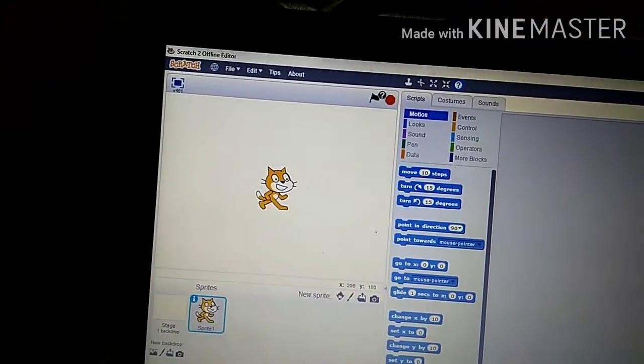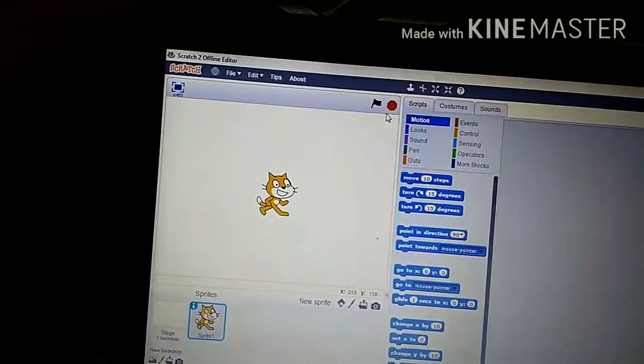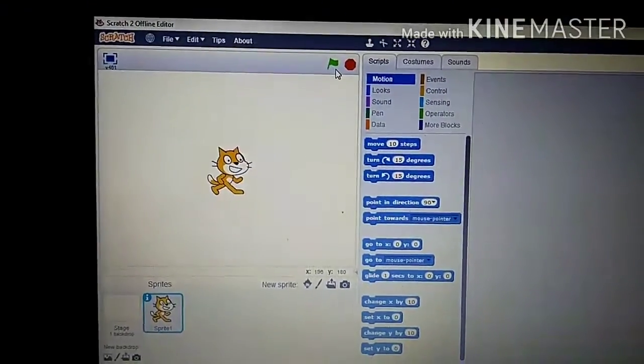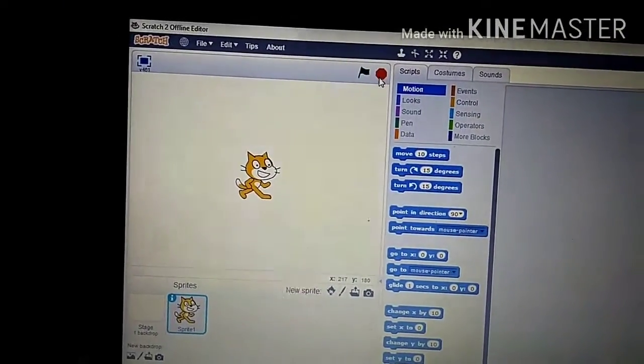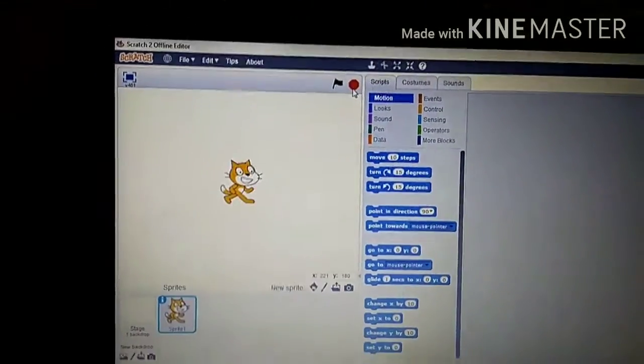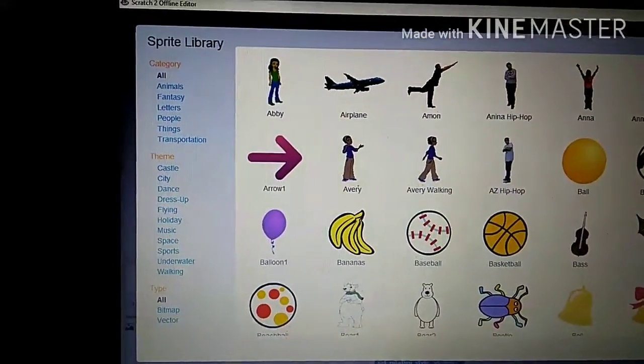There is a green flag. This green flag helps us run any project in Scratch, and this stop button makes the project stop. Clear to you? This is your sprite list, from where you can select any new sprite.